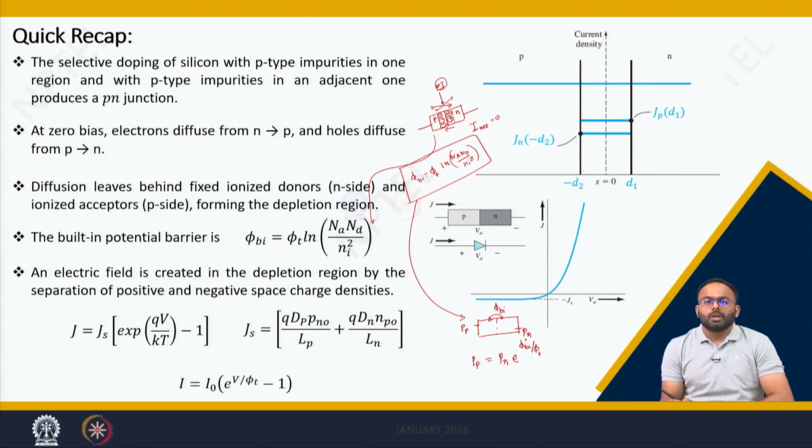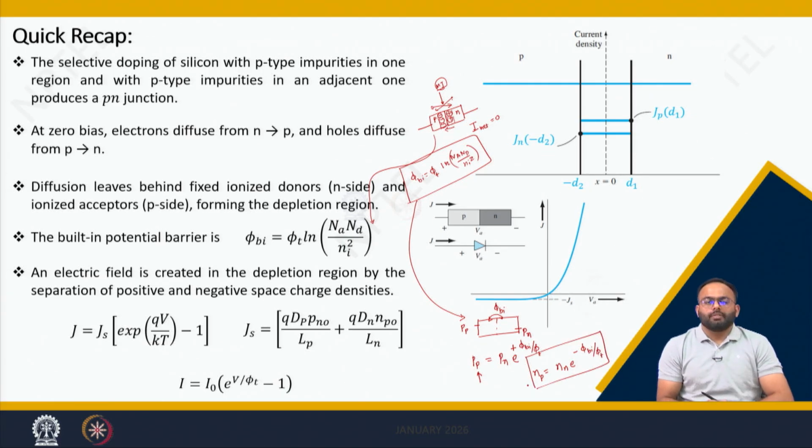I need to choose whether it is a positive exponent or negative exponent. I can use common sense: if this is a majority carrier concentration, then it will be higher than the minority carrier concentration, and hence this will be a positive exponent. Similarly, if I write Np, then it can be written as Nn e to the power of minus phi bi by